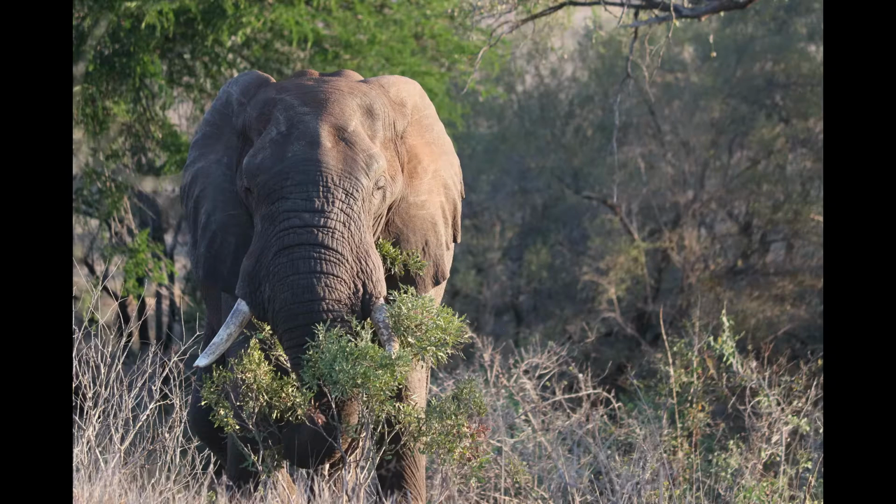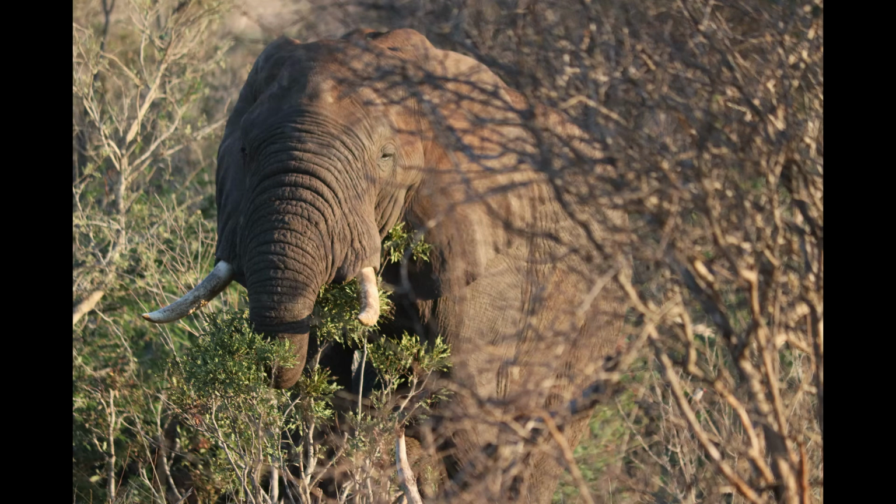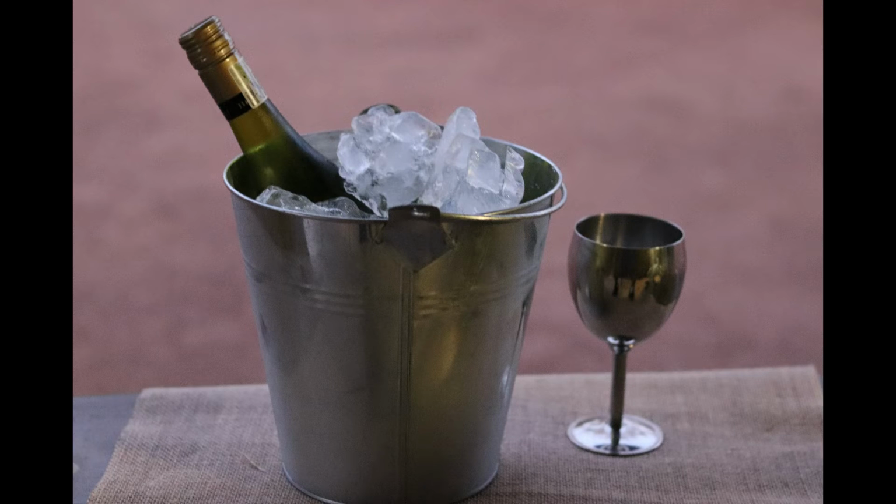But that's about all I remember about it. So I wanted to go back. I'm here for 2 nights, so maybe one of the days I will drive back out there when I've got time. Along the way, I spotted a lot of animals: buffalo, wildebeest, nyala,